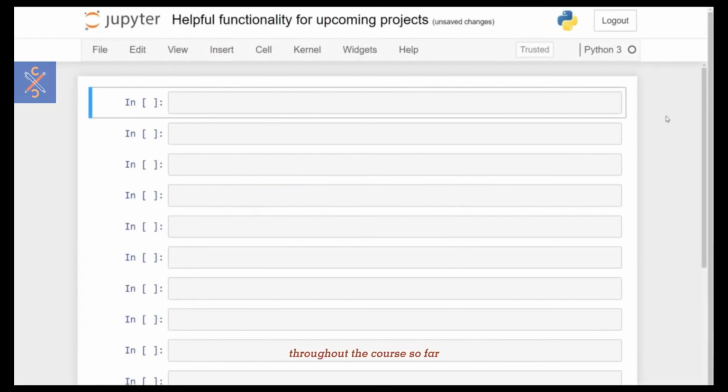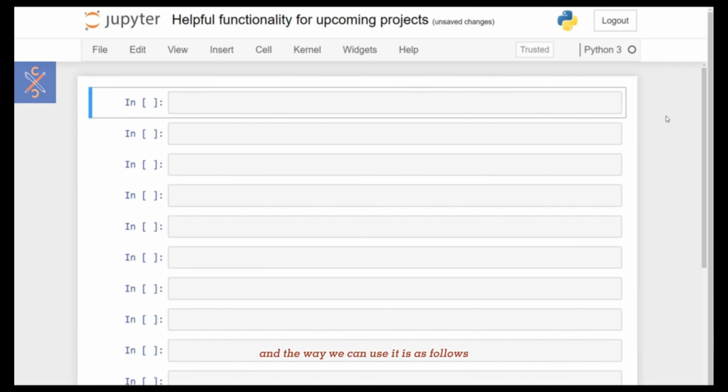Now we have already learnt so many functions throughout the course so far, but we're about to embark on 6 different projects, and I feel like there are a couple of functions that will be very useful for you to know before you start. So let me quickly walk through what these are. First of all, there is a Jupyter Notebook specific function that is very useful for making your output a lot cleaner. And this function is called